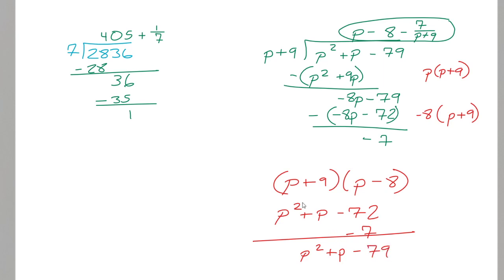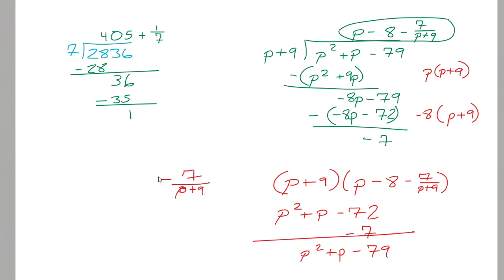Now, you're going to ask, but Mr. Parker, why do we not add negative 7 over 9? I'm sorry, negative 7 over p plus 9. Well, the problem is that you're actually having that here, and it's much easier to do it that way, to do it where you tack it on the end, because that way you don't have to worry about doing this. So what would happen is that you actually have that remainder there. So I'm erasing this. That remainder's there, but p plus 9,